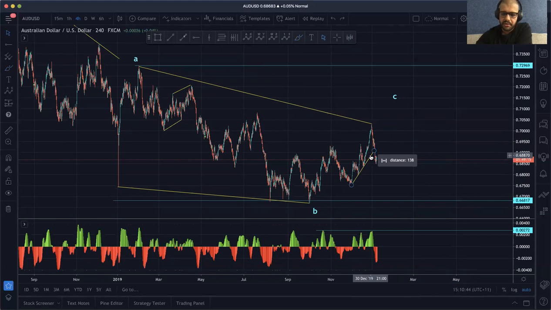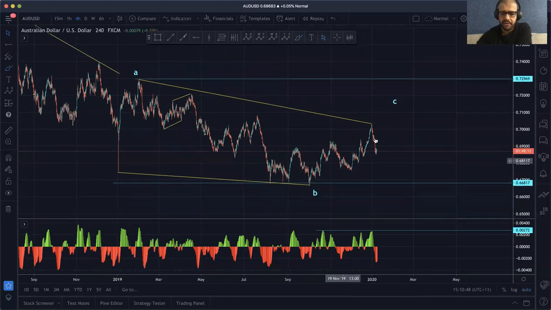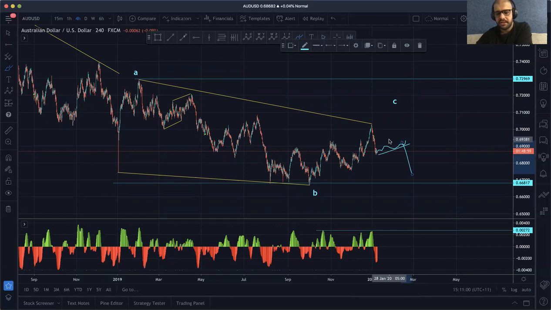So at the moment, it is slightly a bit risky to be calling this a contracting flat. However, I do believe there is enough reasons for us to call this the contracting flat. So what you can expect to see from Aussie is some more sideways over here for us to get in and actually go low. Obviously, if this isn't complete, what we would see is a strong reversal and a continuation